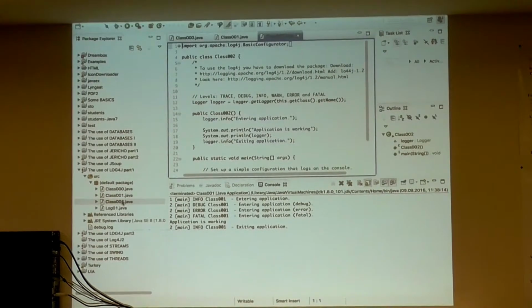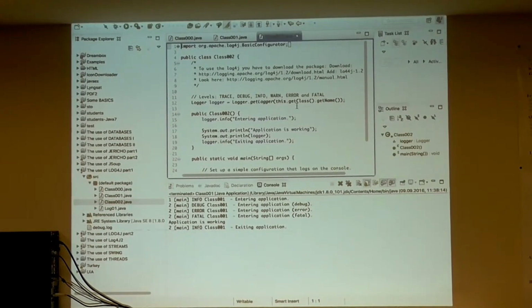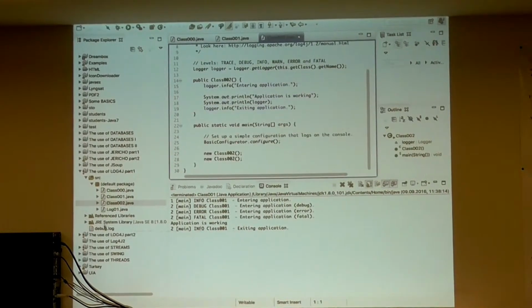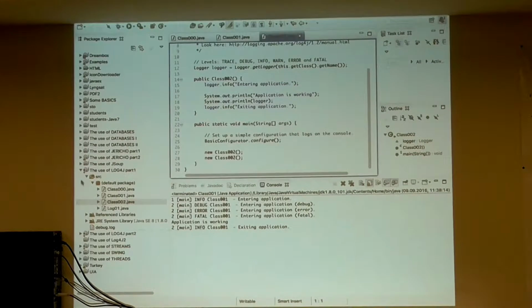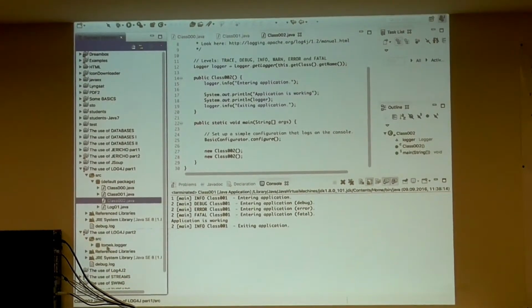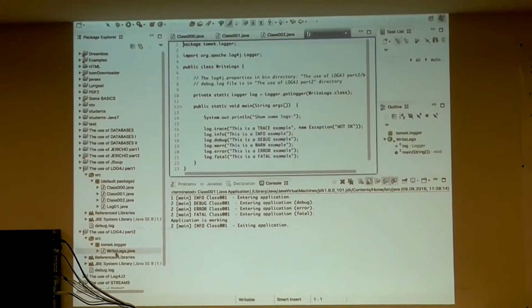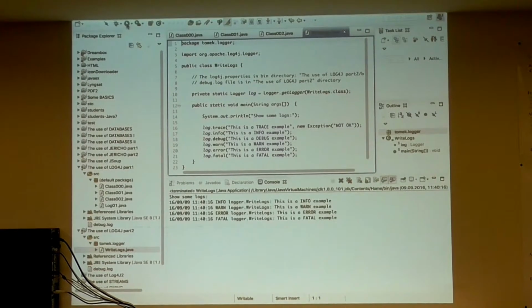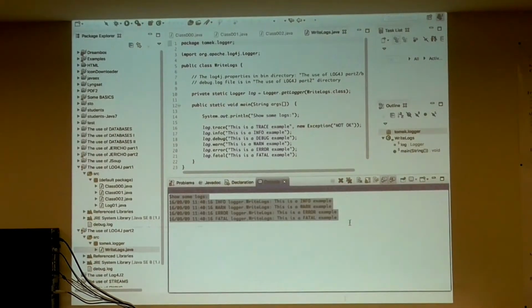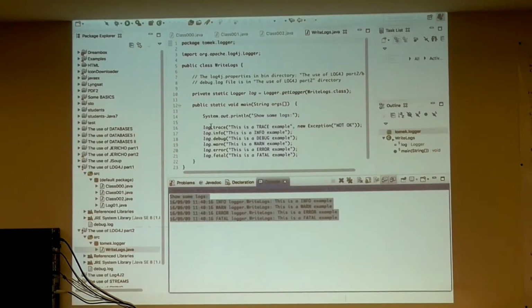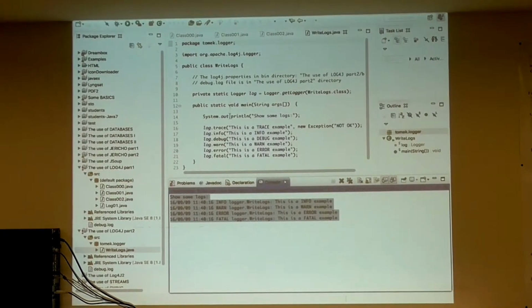So much better is to use, I will show you. Example, this is the same. So in this part, second part, it is just one method, something like that. Probably it works. Okay, so you can see another structure. It is my definition of it. There is no BasicConfigurator here,